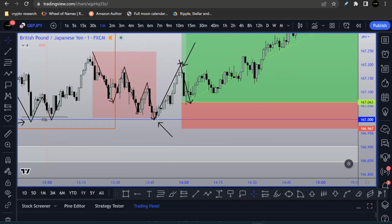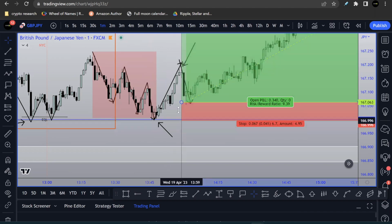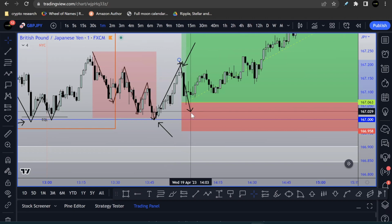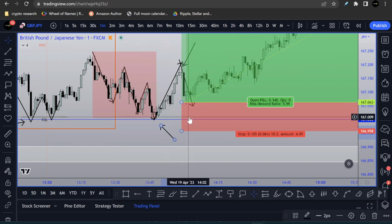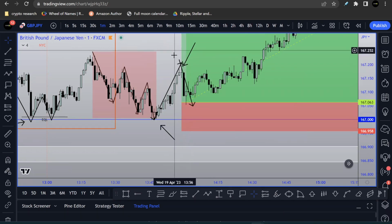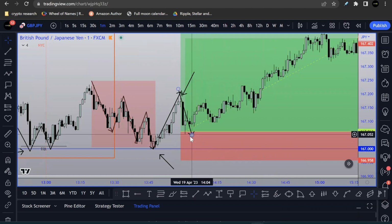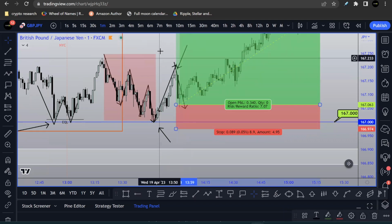But think about this, okay? Why did I place my stop loss beneath the low? Every single thing that you do in the market needs to have a reason. Well, logically speaking, if the market was going to dump lower, what would it need to do? It would need to break this low right here underneath of the psychological level. So in order to invalidate my thesis that the market was going to go higher at the time of myself entering into this position, that is why I placed my stop loss beneath this low, which gave me a sound